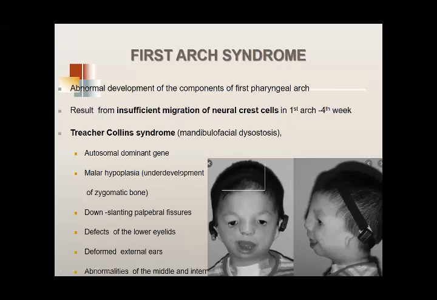First arch syndrome. This is unfortunately where the components of the first arch fail to develop normally. So any abnormal development in the components of the first pharyngeal arch could result in this syndrome. The other cause, they say, is that neural crest cells contribute to the formation of structures in the head and neck, so if there is insufficient migration of neural crest cells, not enough are present in the first arch. In the fourth week neural crest cells normally migrate, but if they fail to migrate normally, it may result in this unfortunate condition called Treacher-Collins syndrome,